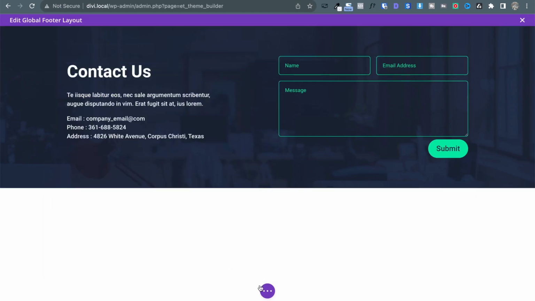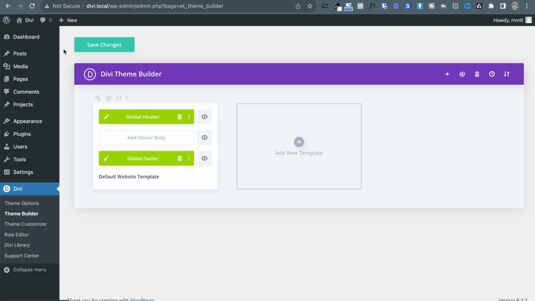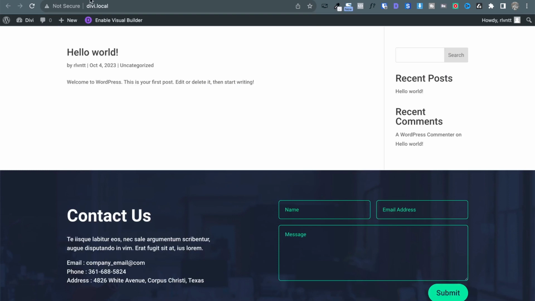What I'm going to do, well, first is let's save this. Let's close this and save these changes. This is very important. Let's open up the website in a new tab. Oh, again, well, this is good. So